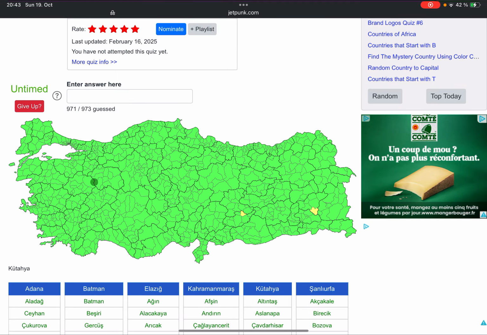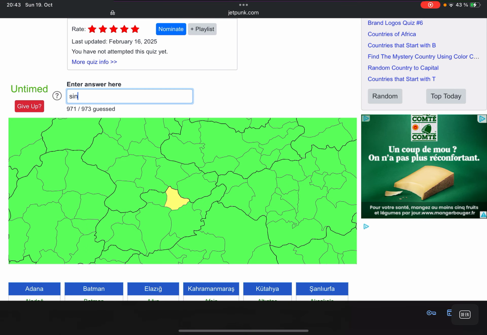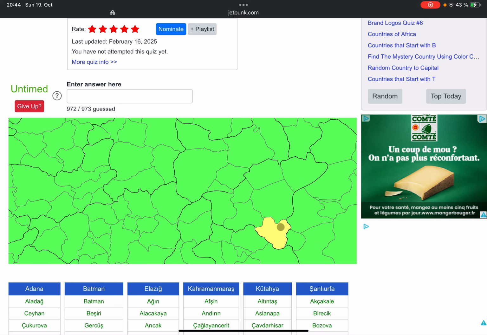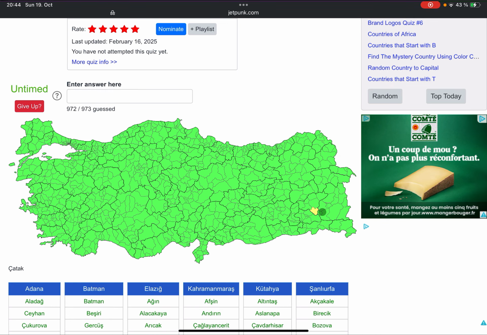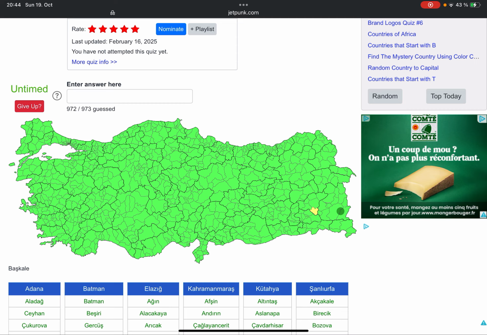Alright, so that was basically it. And now I'm gonna see if I can try to remember these two districts. So we have Çelikhan, and it might be Sincik. Yes, it's Sincik. And the last one over here, Bitlis, Tatvan. I actually have no idea what this last one is. I don't know why I'm blanking on it, but that's very unfortunate, because otherwise I named every single one.